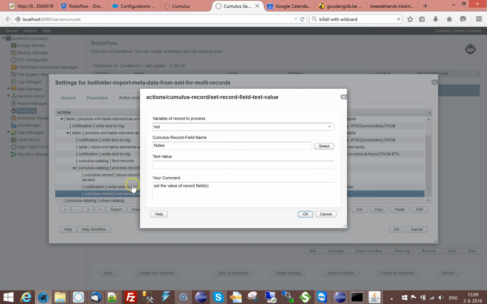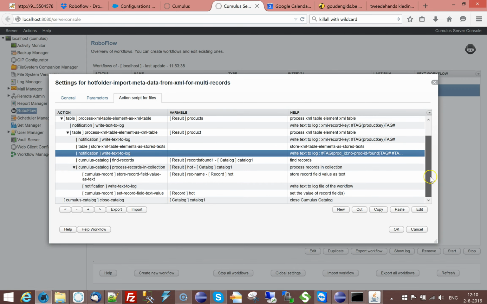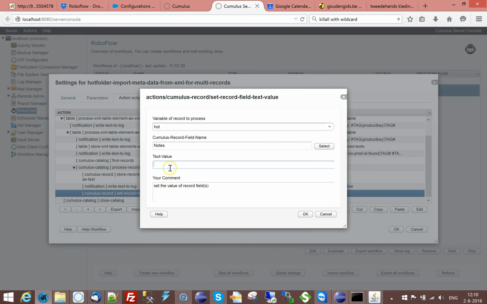Well, actually something that I already outputted, being the product name. And so I can output whatever I like, of course, but I want to output the product name. I want to save the product name in this field, so I'm picking it up from a stored variable which came from the XML,